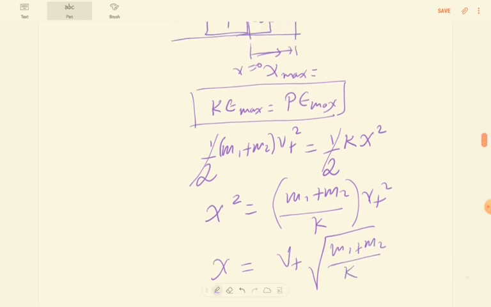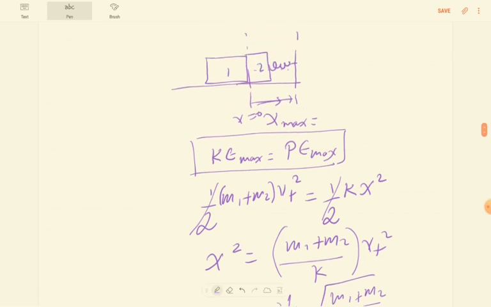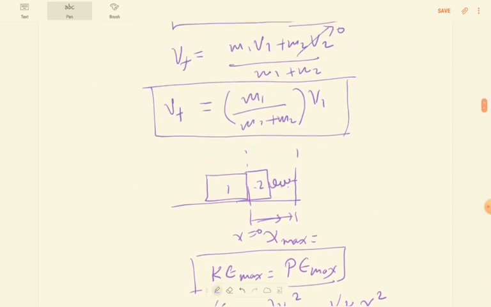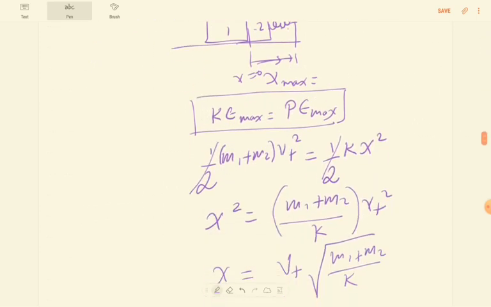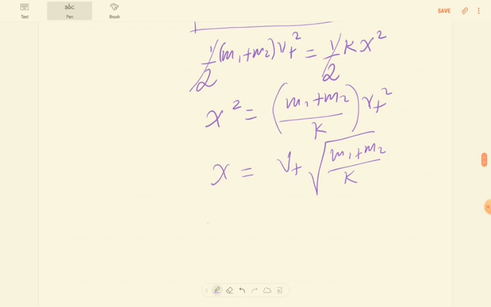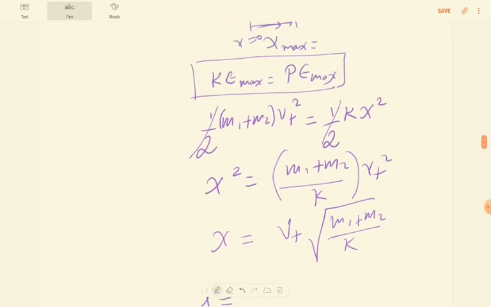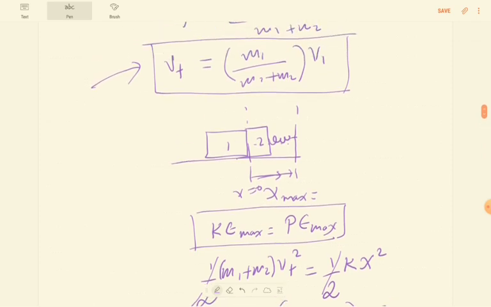Now what do we do? We have to go back to the beginning. What did we see at first? From conservation of momentum we have found this result. So where do we substitute this result? We substitute it into the final result. So here, the final velocity is m1 divided by m1 plus m2